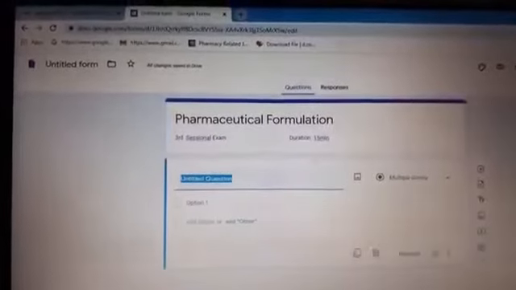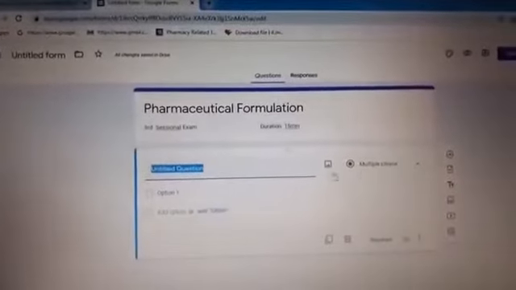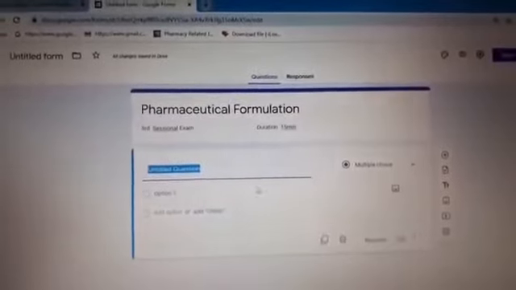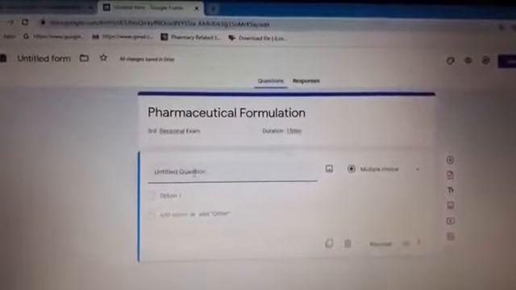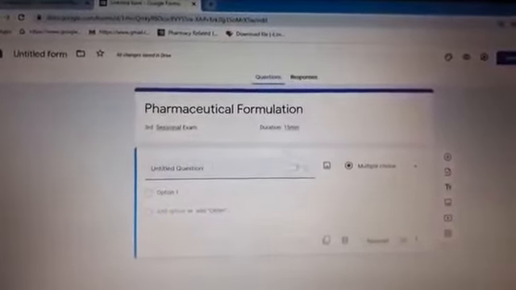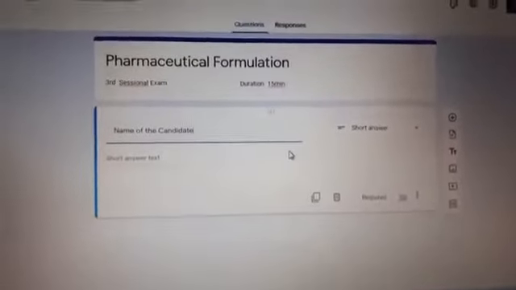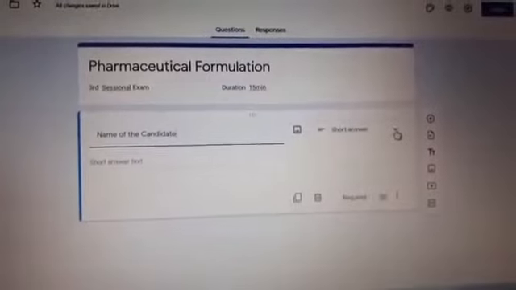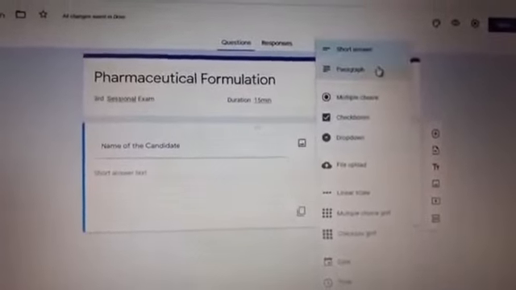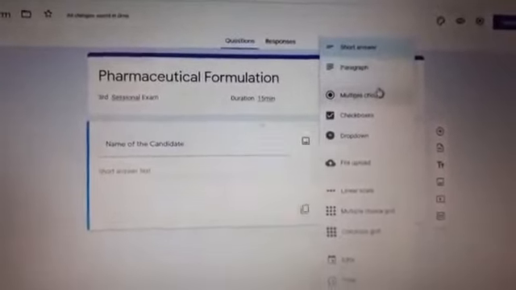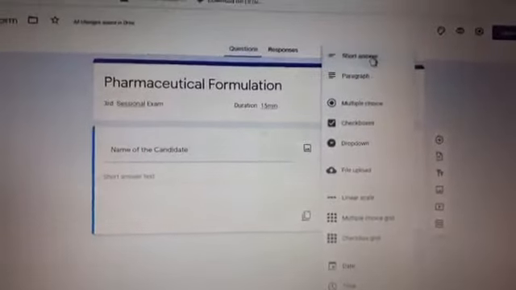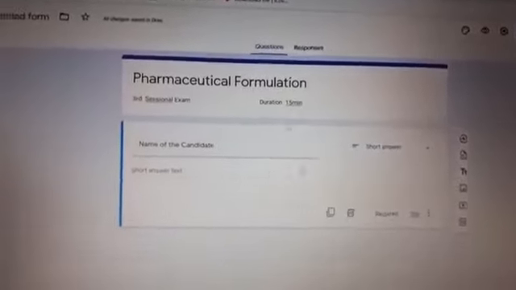The next one, here you can write the name of the candidate. After writing the name of the candidate, here you click short answer for this one.